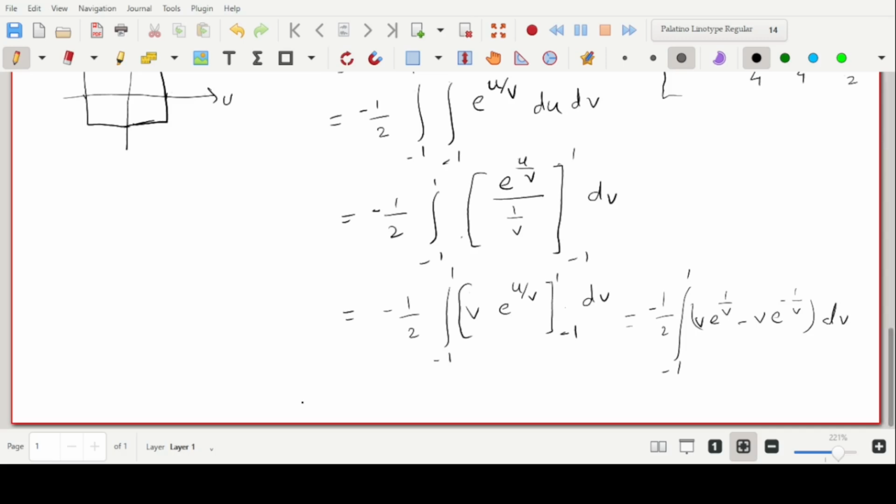I think even this is not easy to integrate. The integral of v e to the power 1 over v dv and the integral of v e to the power negative 1 over v dv is something that at least I am not sure how to integrate. But okay, you can try to integrate it, or maybe it may not have a closed form. And I think the integral of e to the power 1 over x, or any variable x or v or whatever, does not have a closed formula. So anyway,